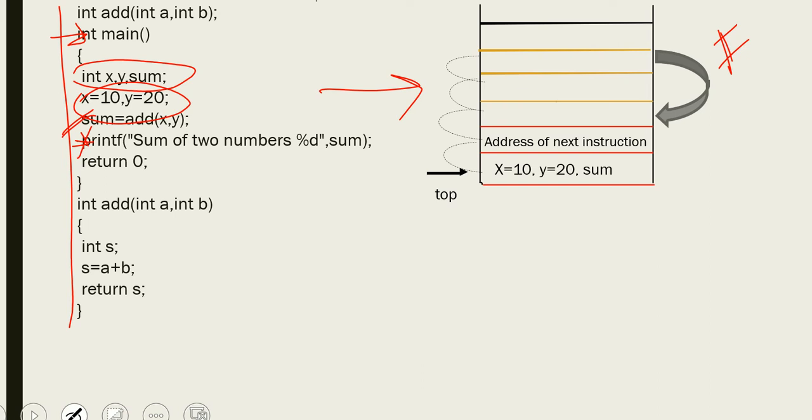Say for example, assume that it has finished the execution, everything has finished, it wants to come back. Now when it wants to resume, from where should it resume? It should have some address to be resumed, right? That is why it will store this address, and when everything is done, it will come back and resume from that particular address.